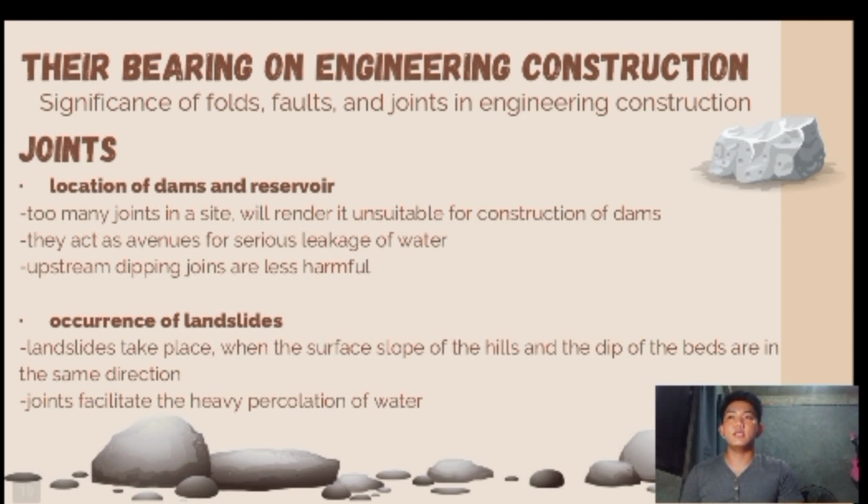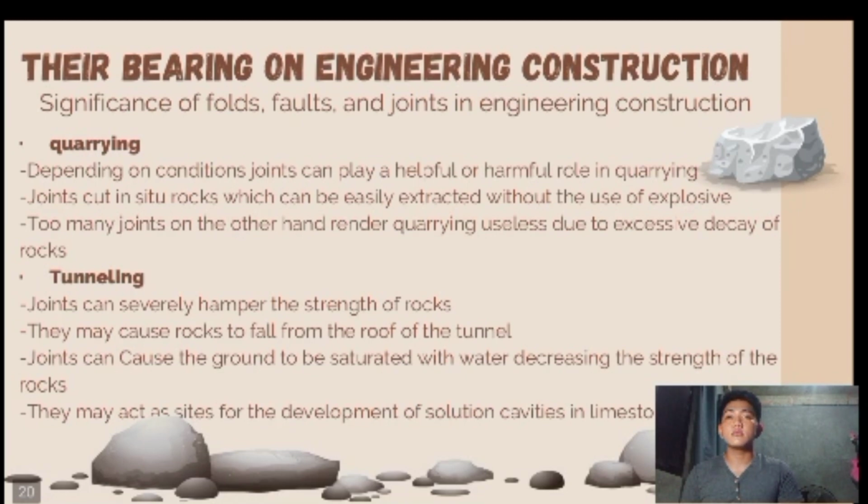Occurrence of landslides. Landslides take place when the surface slope of the hill and dip of the beds are in the same direction. Joints facilitate the heavy percolation of water. This water comes in contact with clayey material below the ground, producing fine lubricating materials which cause the slipping of